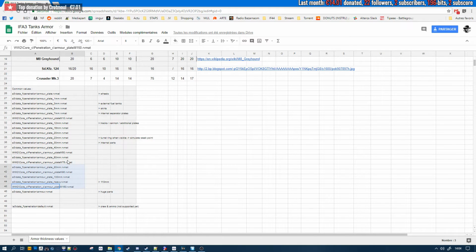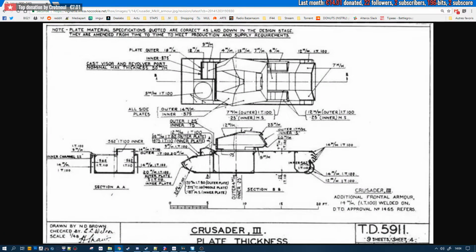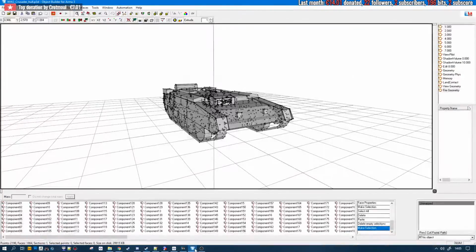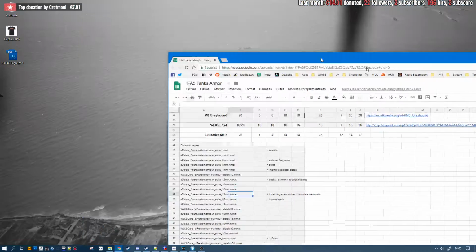The second window I have is the sketch of the Crusader armor. You can find this for almost any tank. So what I'm going to do now is convert these values into armor in there, so the simulation matches the real vehicle.